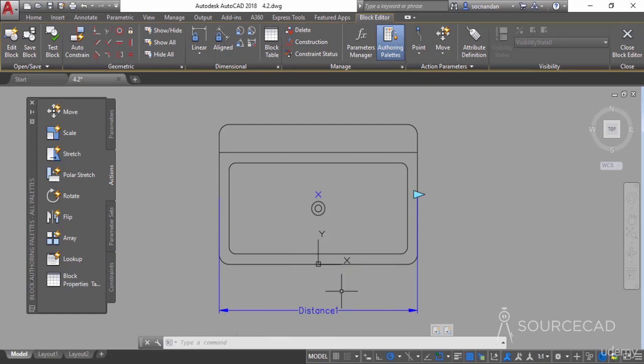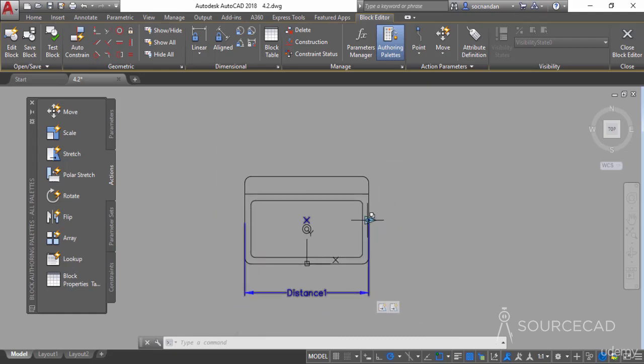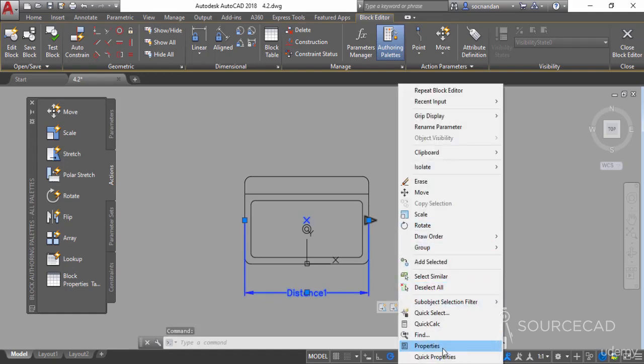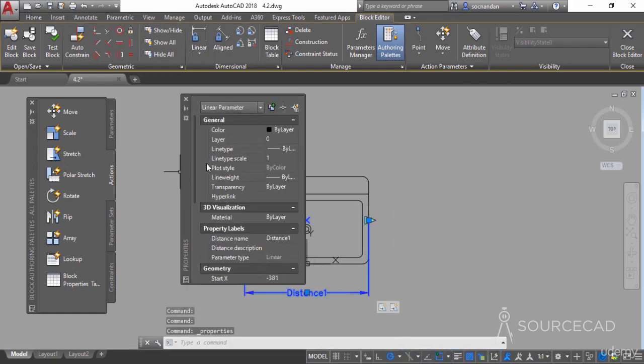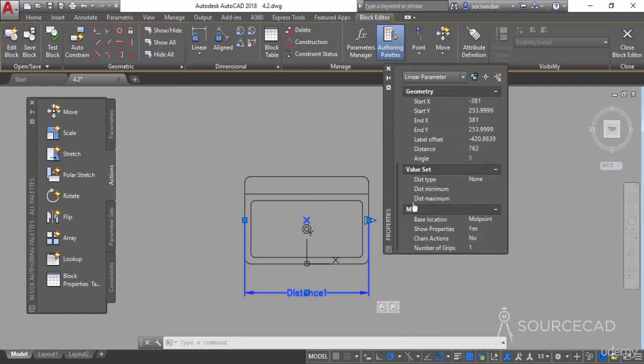Now let's add some increment value to this parameter so that the block can be stretched to certain specific values only, and for that we can select the distance 1 parameter, then right click and go to properties. Now here in the properties panel, scroll it down and you'll see here in the value set the distance type which is set to none. So let's click it and select list, and now we have the current distance specified here, which is 762 unit